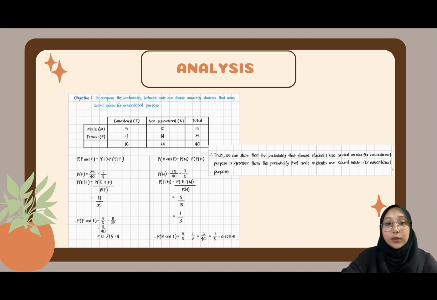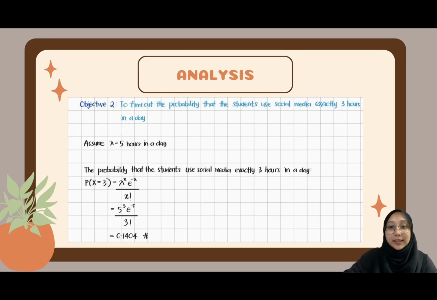Next, for the male students, we use the same formula to find probability of M and E. M stands for male and E stands for educational. P(M) is equal to 15 over 40 or 3 over 8, which is also from the table. Probability of E given M is equal to 1 over 3. Then, we also need to substitute the value of P(M) equal to 3 over 8 and P(E given M) equal to 1 over 3. Then, the answer for probability of M and E is equal to 0.125. Thus, we can conclude that the probability of female students using social media for educational purpose is greater than